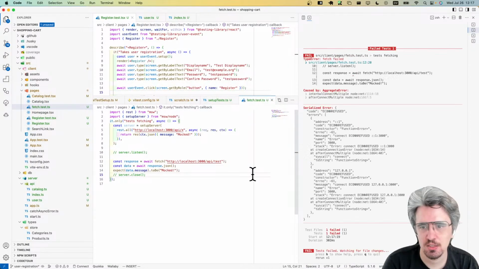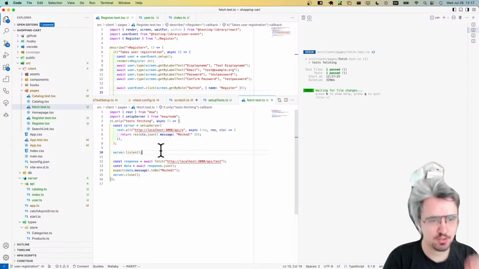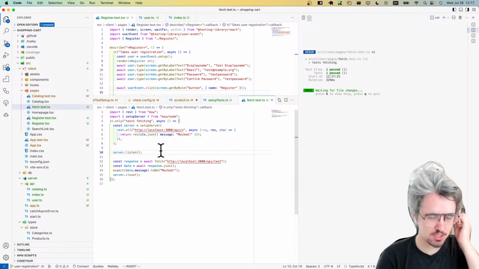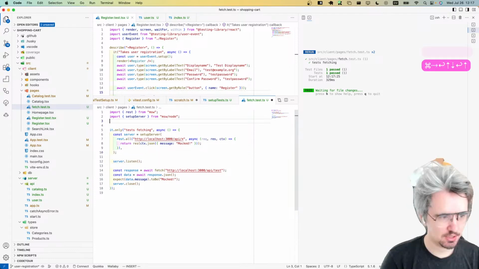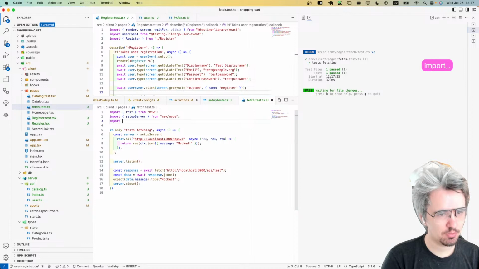Save fetch file. Yeah, if you don't listen, the test won't run. If you do listen, the test will run. So I'm going to do, because I want to really validate that this works at all, import